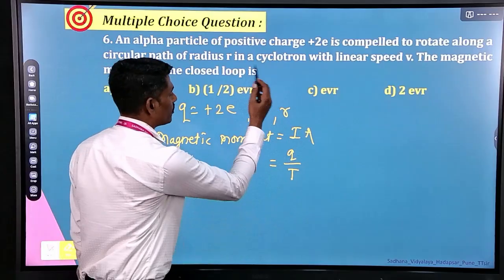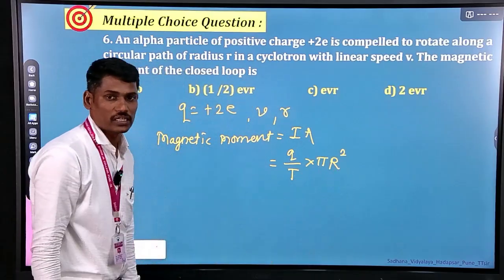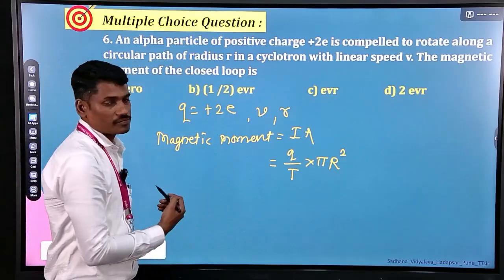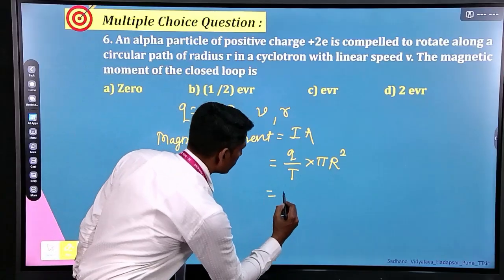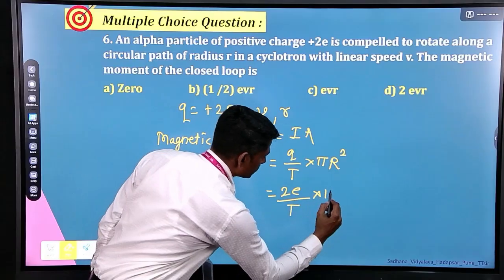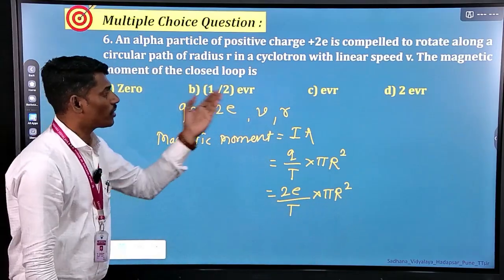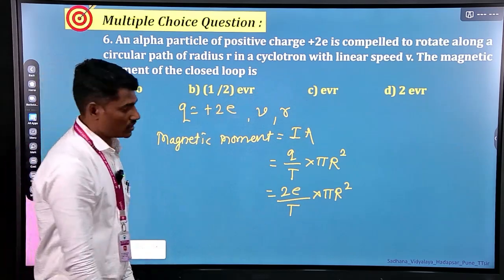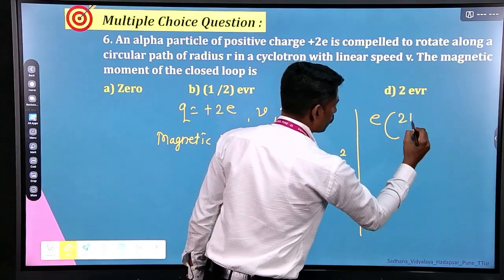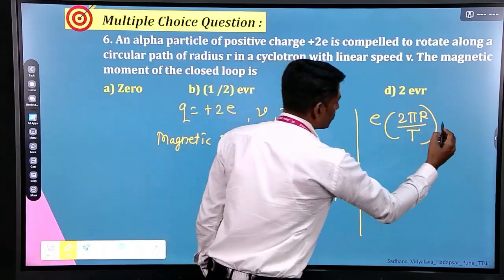And what is the area of the loop? Area of the loop is pi r square. Okay, this is the area of the loop, pi r square. Now look, how much charge is given to us? 2e is given. Here we get 2e divided by t, pi r square as it is. Okay, so we have to rearrange this the way our option could be. Then here we get e in bracket 2 pi r divided by t as it is, and into the another